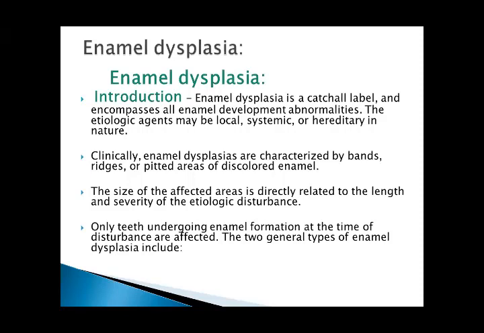Clinically, enamel dysplasias are characterized by bands, ridges, or pitted areas of discolored enamel. The size of the affected areas is directly related to the length and severity of the etiologic disturbance. Only teeth undergoing enamel formation at the time of the disturbance are affected. The two general types of enamel dysplasia include